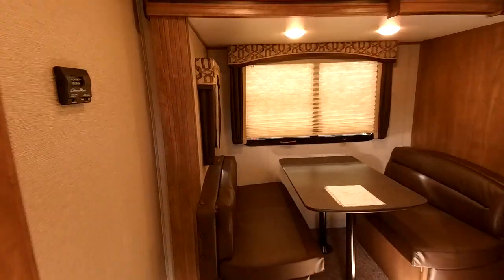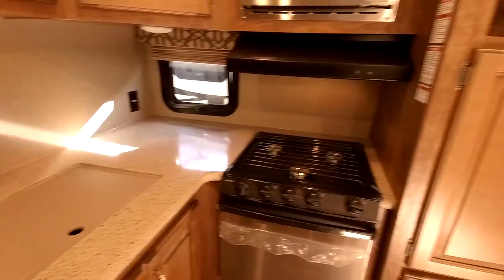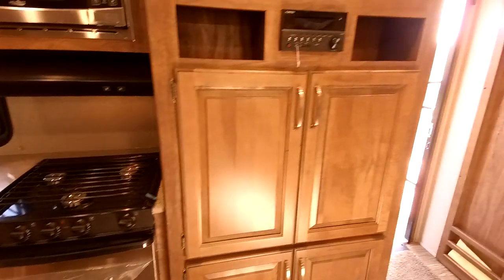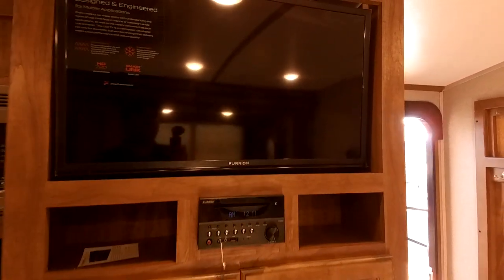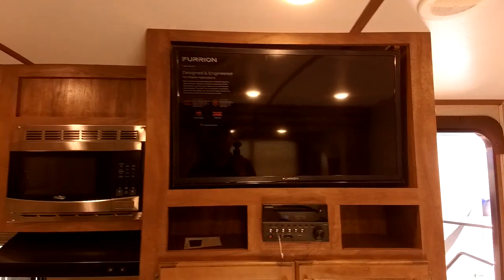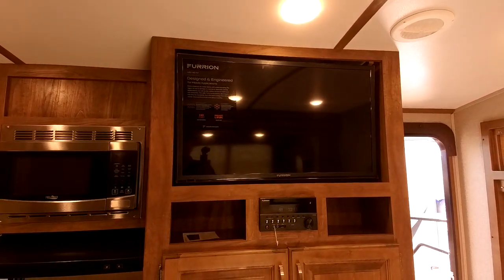Okay, I'll give you a 360 view here. There we go. So great thing about this RV, I know you're wanting to stay under 30 feet. This one I think will be a really great fit for your needs. It's one of the best built RVs out there. And really great thing is that you do have a large bed up front and you have a large bathroom